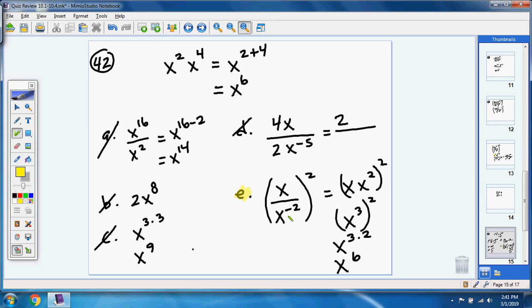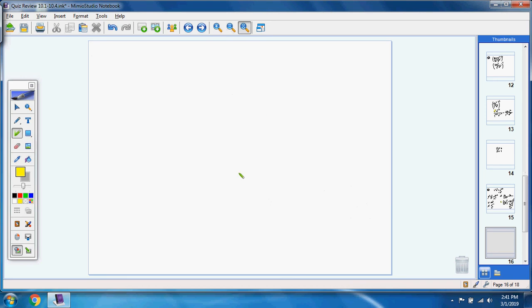So using our awesome testing skills, we're going to look at letter F. And this is kind of like a duh. Yeah, of course it works. X to the third and x to the third, that's really just a 3 plus 3. So yes, that is an x to the 6th power. So I have an additional answer. But again, notice how I went through each one using the rules that I worked with previously and found 2